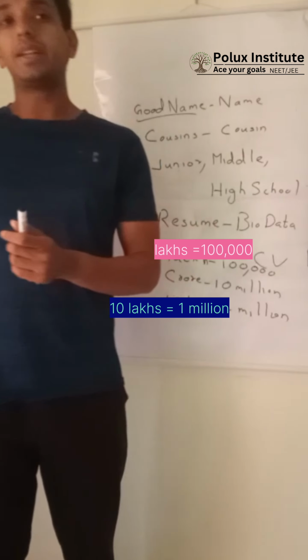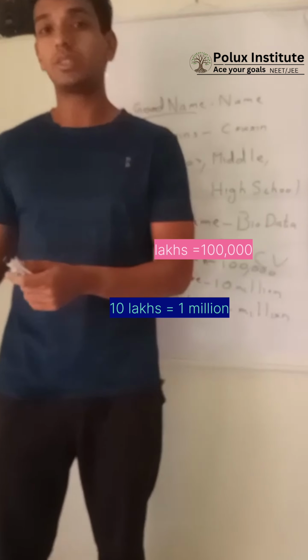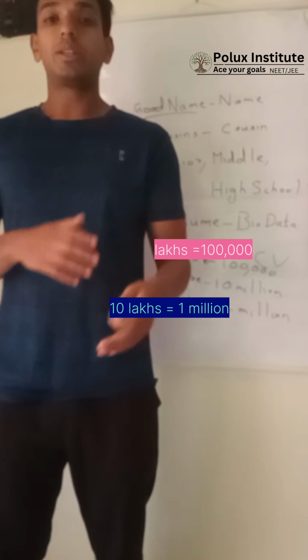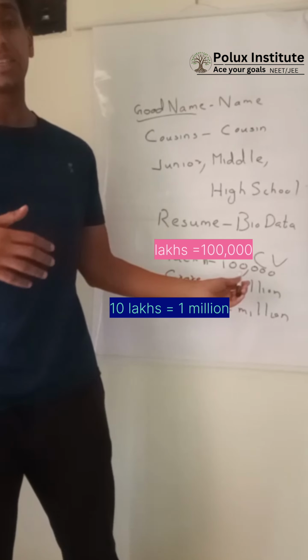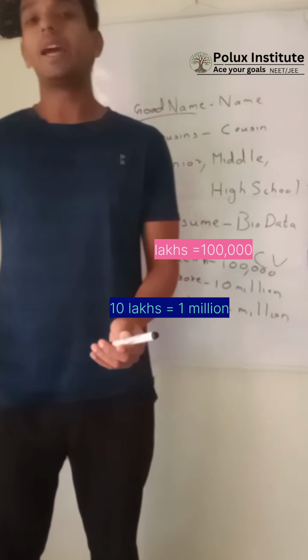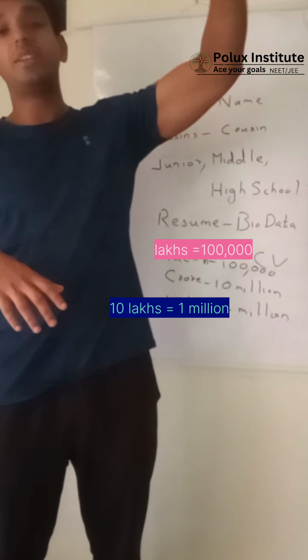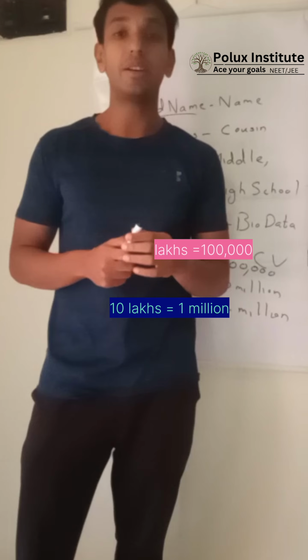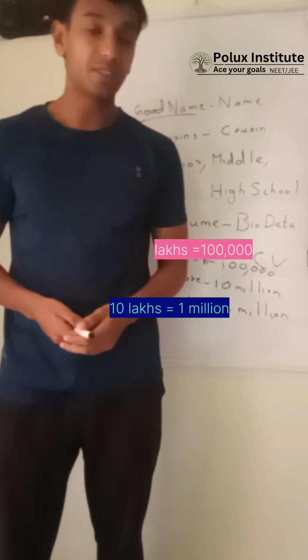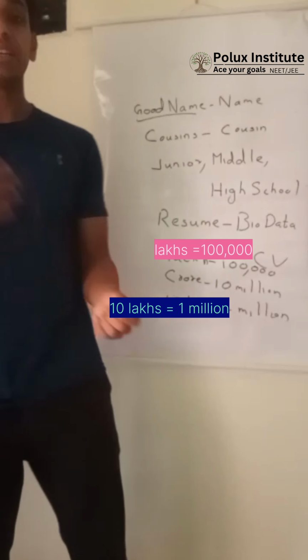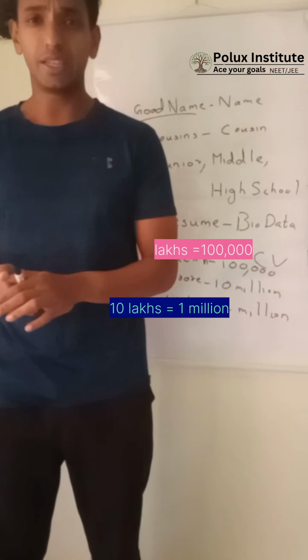So when you're going outside and they say 100,000, 200,000, this is what they mean. It's like lakh, just going up and up. And when you talk million, it's like 10 lakh. So millions of years ago is like 10 lakh years. That's what they are trying to say there. I hope you understand what million, 100,000, lakh and crore mean, all those things.